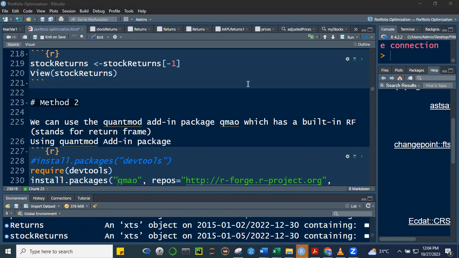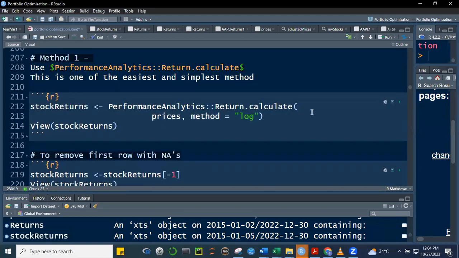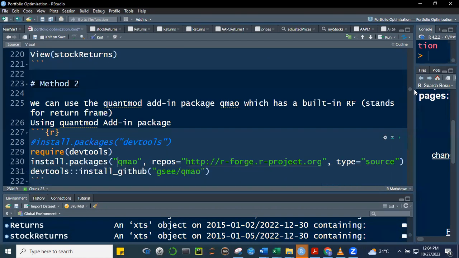Okay, so there are actually several ways to compute for the returns of a portfolio of assets. What we learned is yung return that calculate, di ba? Ito, from the performance analytics package. Meron ding parang add-in or built-in function ni quant mode, no? Yung functions kanina na daily return, monthly return, that will not work for a portfolio of assets. It will work for a univariate time series. Pero we can use yung QMAU, no? Okay, so